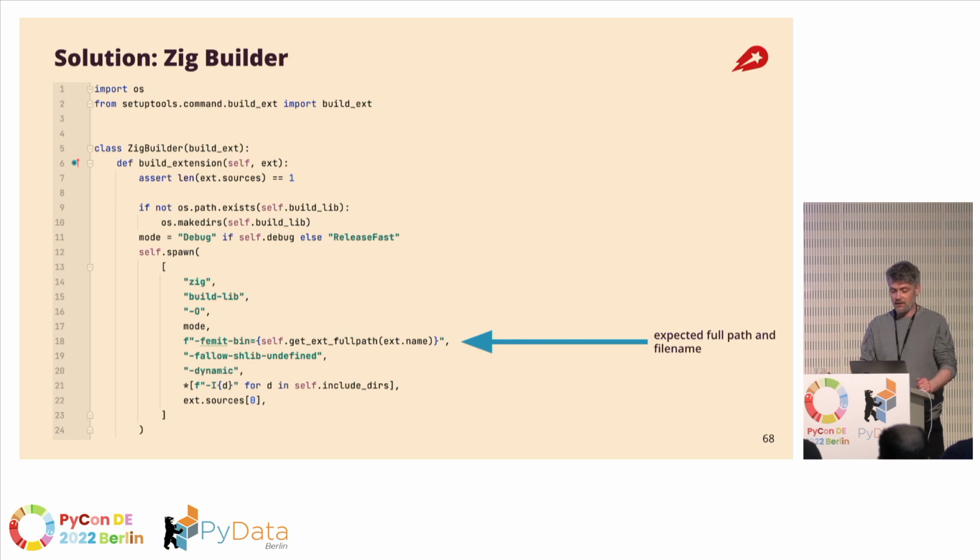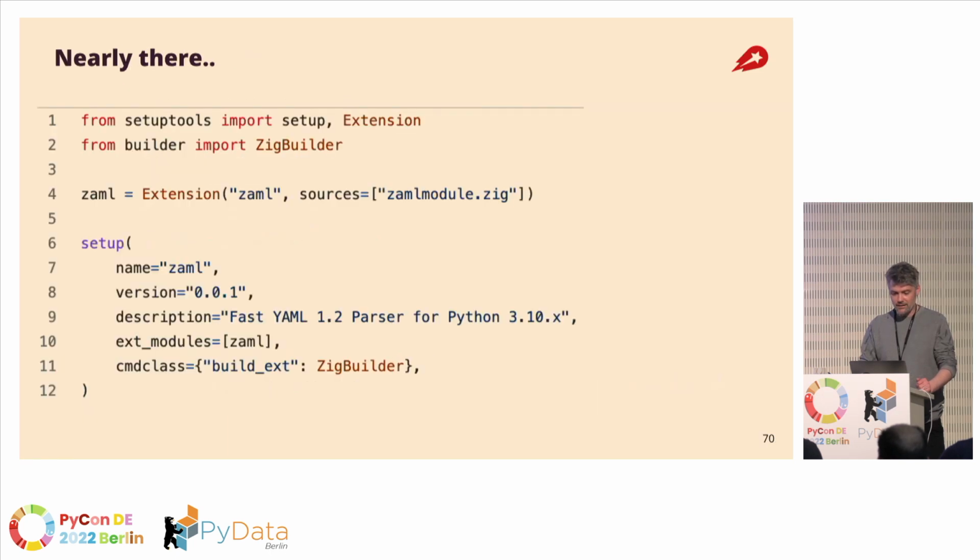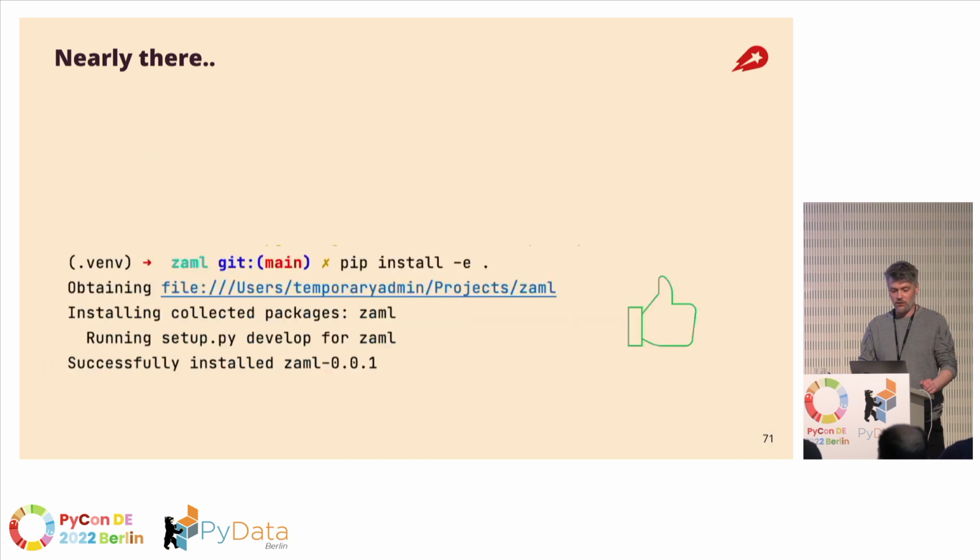And I know which directories to include when I compile in Zig. So where can Zig find the Python header file, for example? And by plugging that into our setup.py file and overriding the command class of the build extension with ZigBuilder, we do, in fact, have an installed module that, as before, we can call the load function and get the